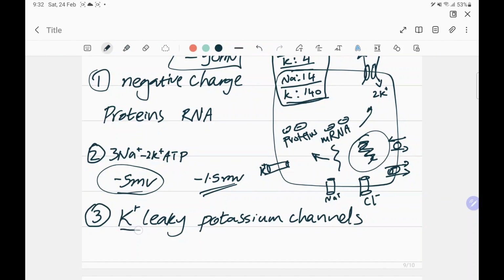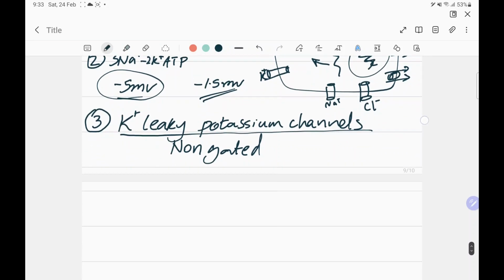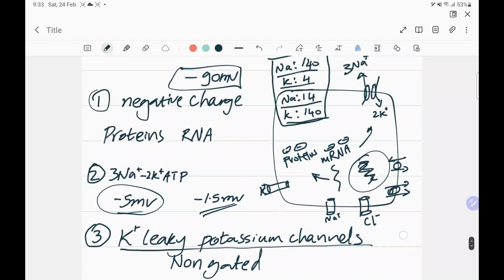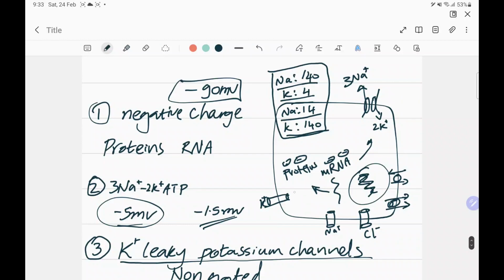Now I want you to focus on the leaky potassium channels. These are channels that are open to potassium. They don't have any condition to stay open because they don't have any gates, so they are non-gated. Potassium can enter and leave the cell as and when it pleases. So if we look at the gradient again, potassium would leave the cell. Potassium tends to leave the cell more, making the cell negative on the inside, because potassium is 140 on the inside and only 4 on the outside. So if you have potassium more on the inside than the outside, potassium leaves, making the cell on the inside